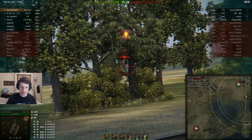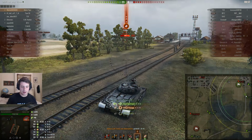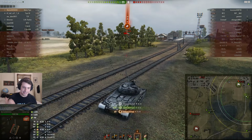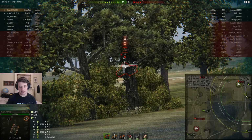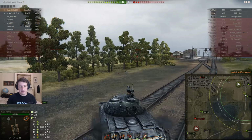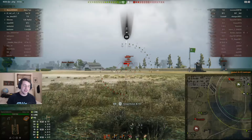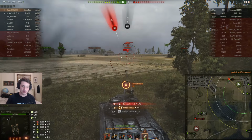That A43 is now going to have a very rude awakening. You can see how long he has to sit there and aim for. But he didn't quite penetrate the A43, that tier 6 medium tank's armor, which is very, very unlucky and unfortunate for Matchy. Again, nothing he can do. It's the way that this gun works. It's almost like firing a KV2 gun every time, except you don't get the happiness from one-shotting tanks,